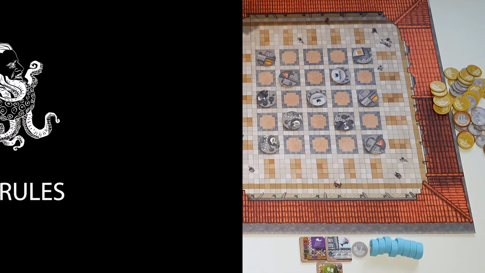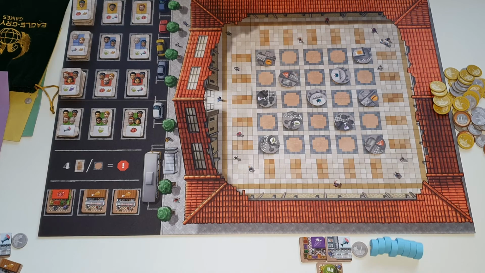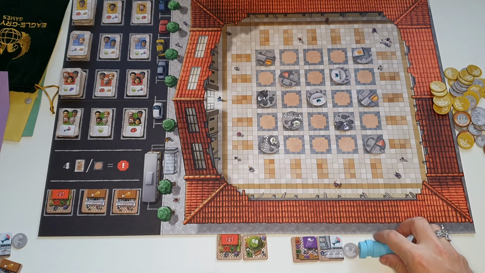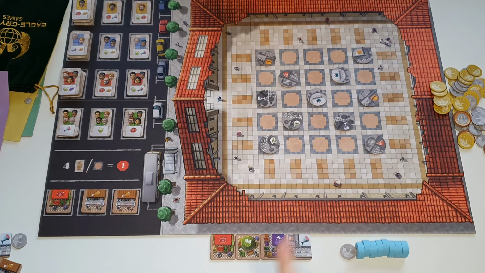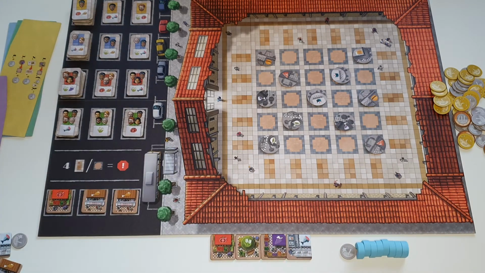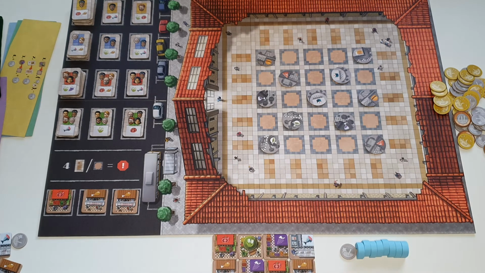And now for the solo rules. When you are playing solo, you just take one player's set from the box. So I'll leave the blue player. The setup is identically the same, but you draw 8 shops from the bag. 1, 2, 3, 4, 5, 6, 7, 8 shops from the bag. And those are the shops that you will be able to play the game with, usually. So this is the only change in the setup, and the rest